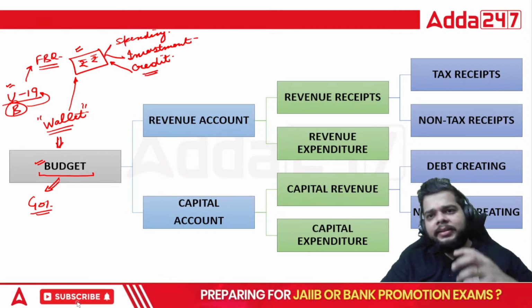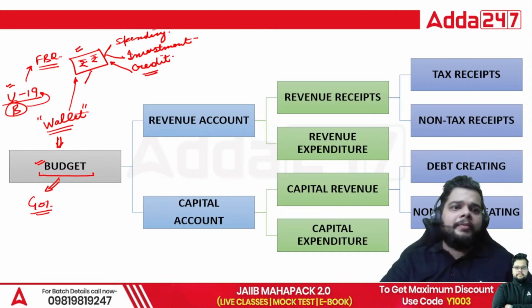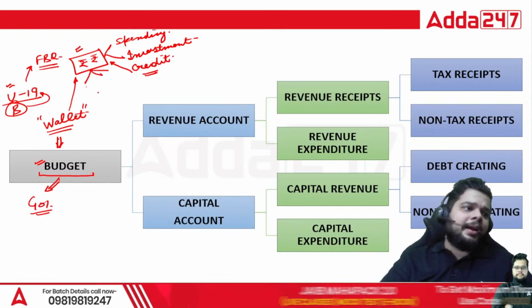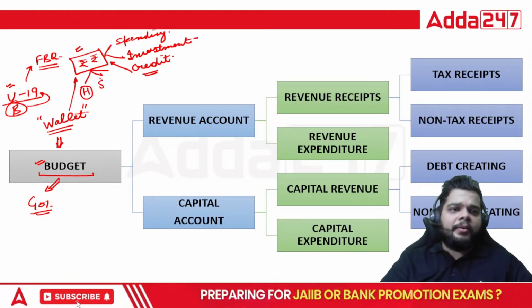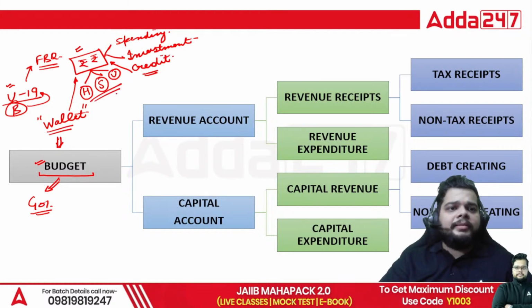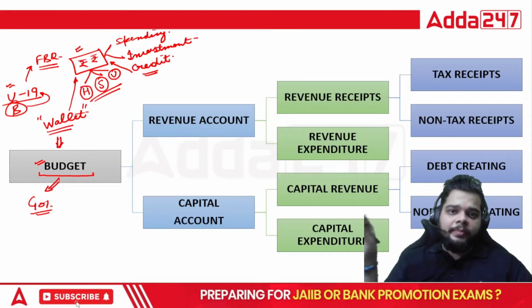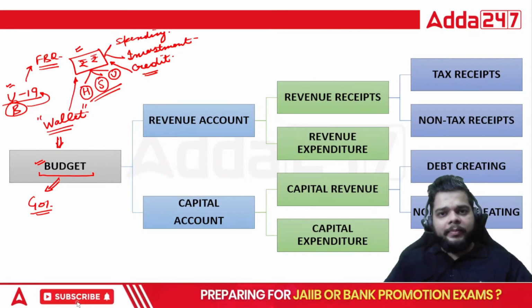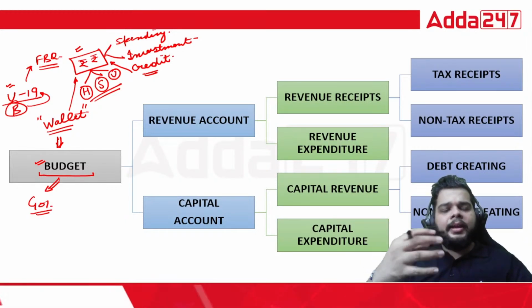Now let's add something here. When we talk about money, the money can be kept in various accounts, various savings bank accounts. Let's suppose you have one account in HDFC Bank, one account in SBI, and one account in Union Bank of India. All these accounts will have one thing common, that the funds will either be credited or debited. Like this particular wallet which is utilized by us,